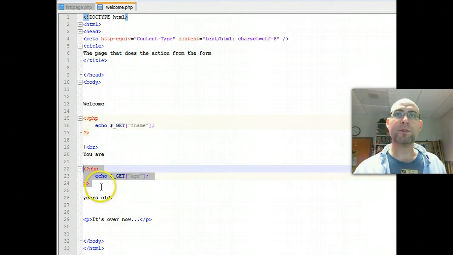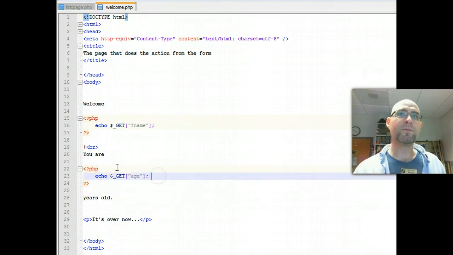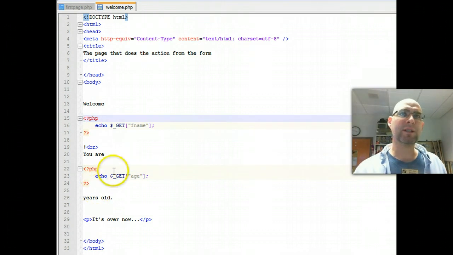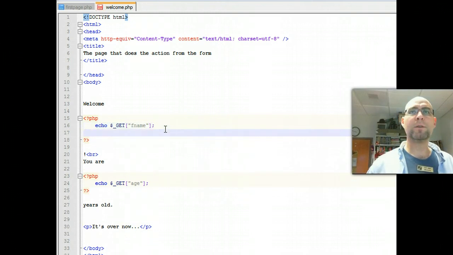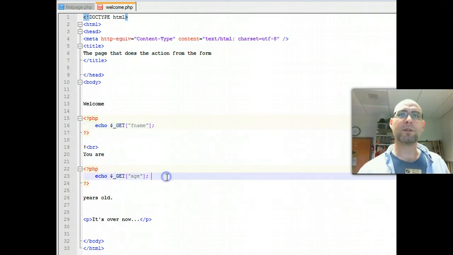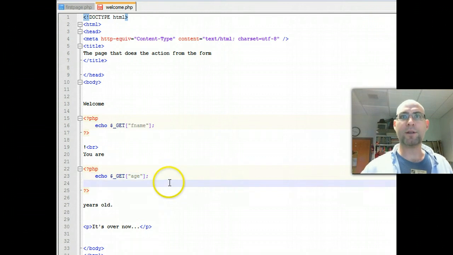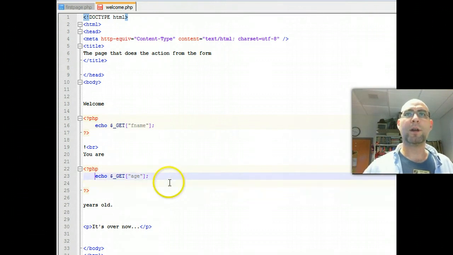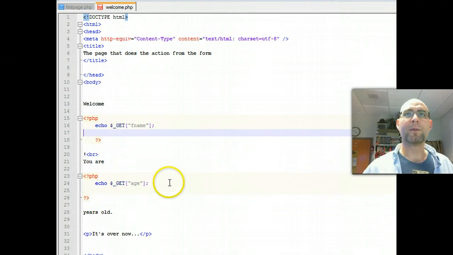So I'll copy this. Actually what I can do is I can combine all this. This is 2 different PHP statements. I don't really like that. So here it says echo get fname. Well, before I get distracted on cleaning this up, let me just copy, add another thing. Let's do echo, under the fname. Echo